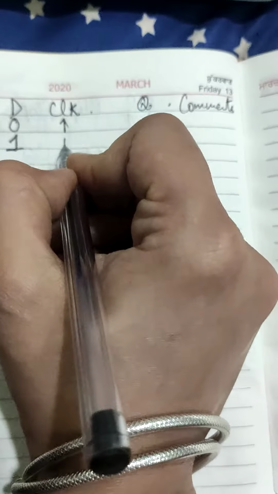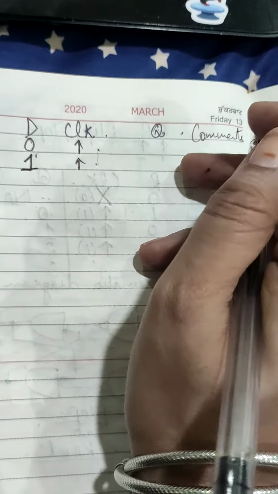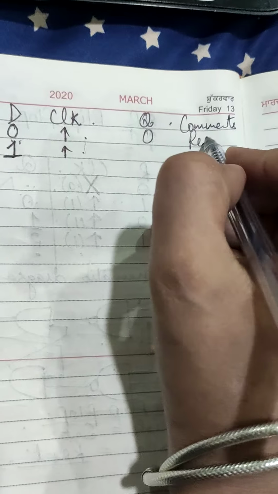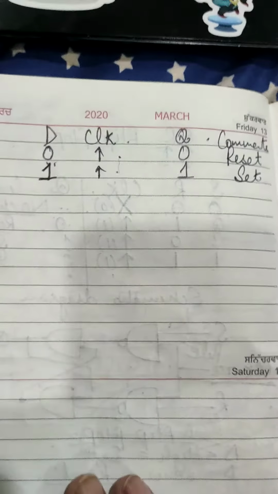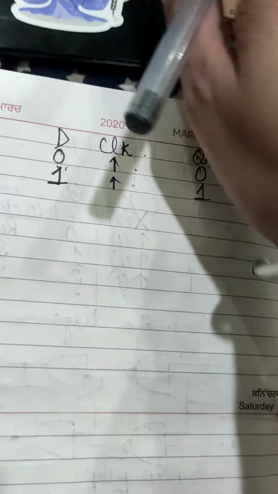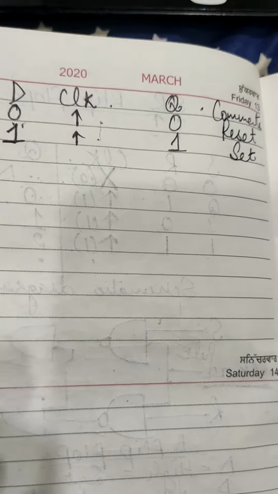When the clock pulse is applied, if it is 0, then it means reset, and if it is 1, then it means set condition. Now its schematic diagram is